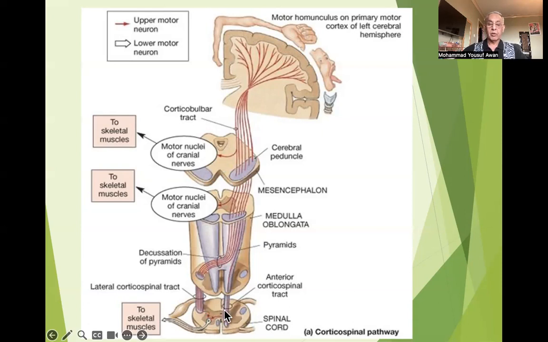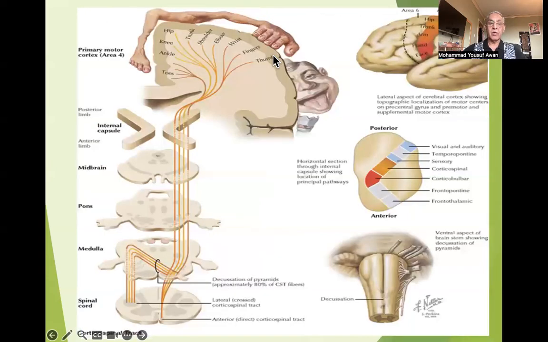Some of the fibers continue on the same side. So this whole tract, starting from the cerebral cortex, down through the internal capsule, the midbrain, pons, and medulla, with decussation to the other side and some fibers going down on the same side, is called the pyramidal tract,